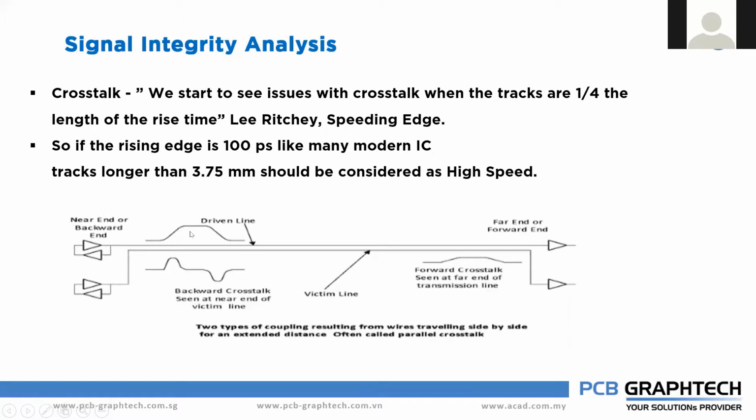Again, it is balanced. Then when it comes to the falling edge, you can see the falling edge for the aggressor, and for the victim you will have the undershoot. Okay, so this is caused by the aggressor to the victim line. So the nets should not be close to each other. When they are close to each other in high speed design, you will get the crosstalk. At the receiver side, you will see the forward crosstalk. So this is how we are getting the issues in your high speed design.